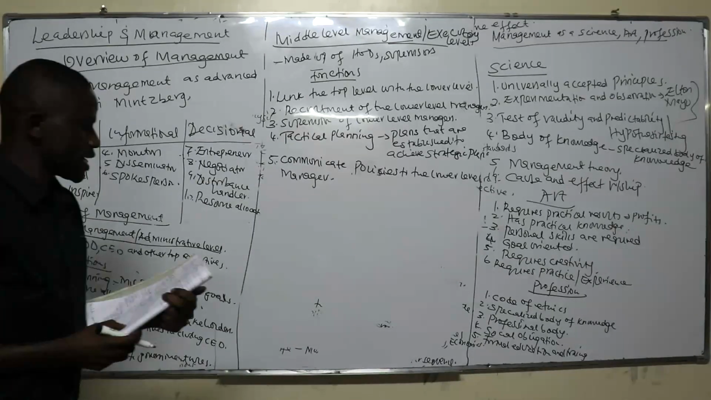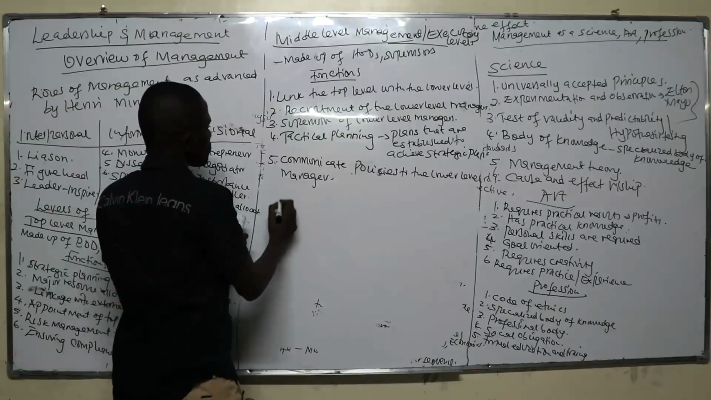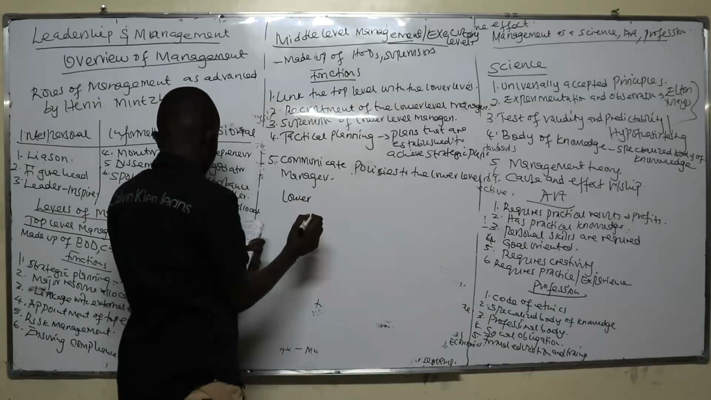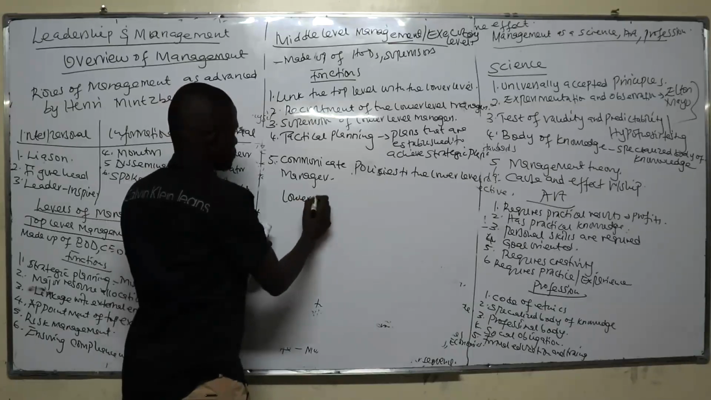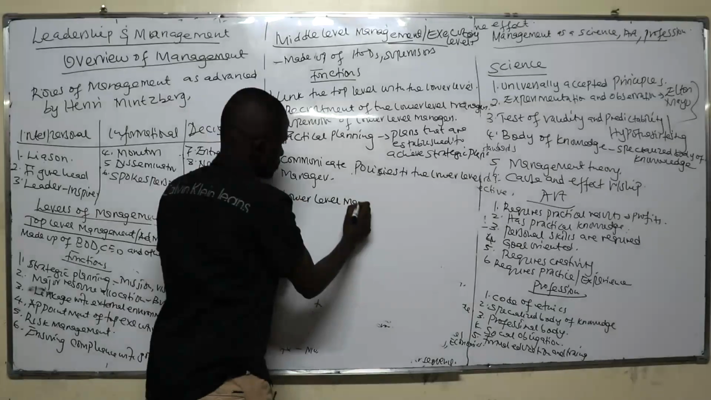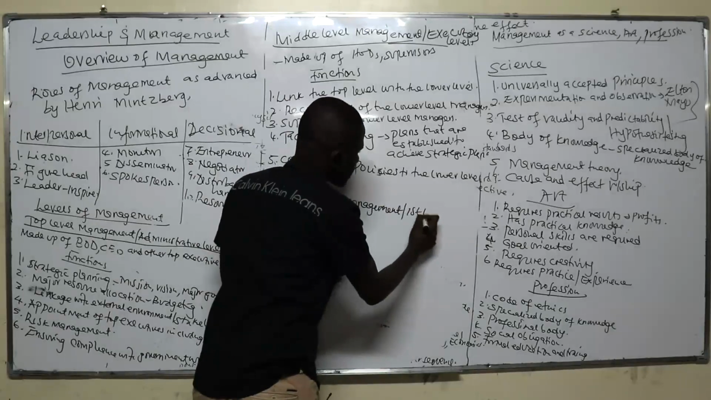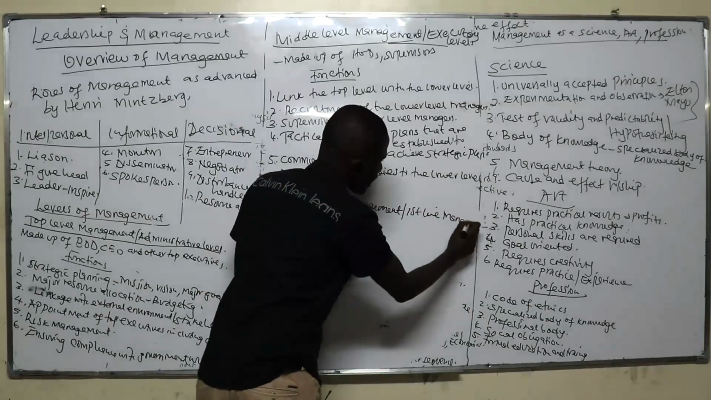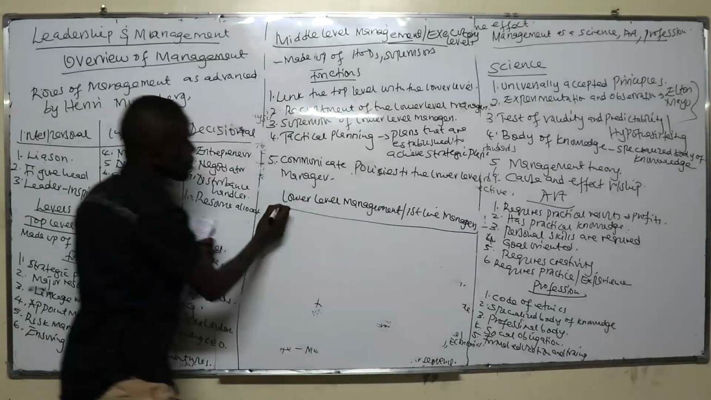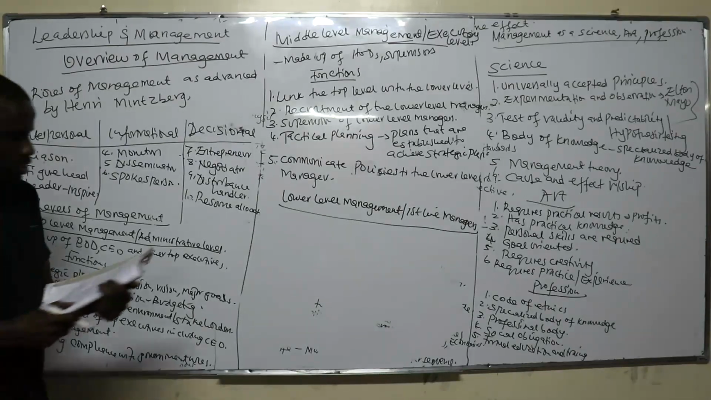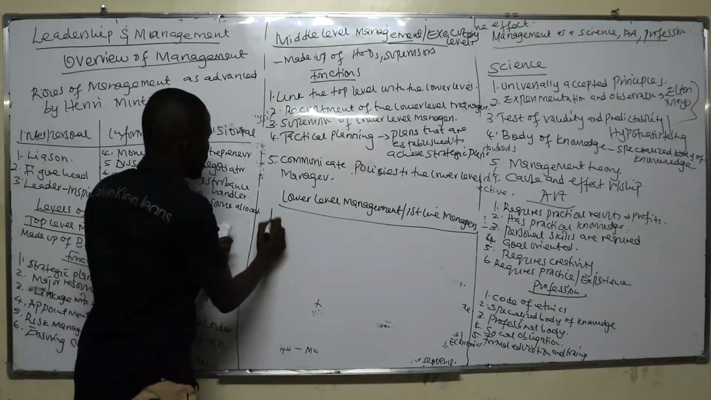And then we look at the lower level managers, lower level management. These managers are also called first line managers. And they constantly interact with the employees. They constantly interact with the workers. They're the ones in close contact with the workers. And one of the things that they do is to supervise workers,